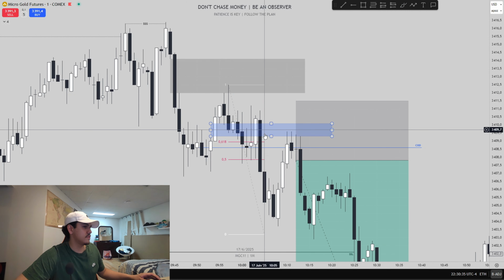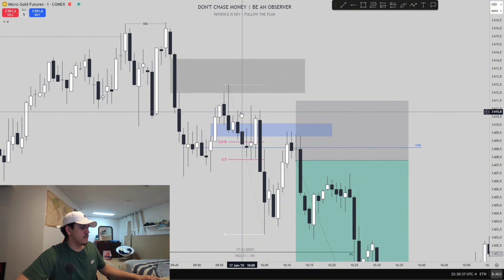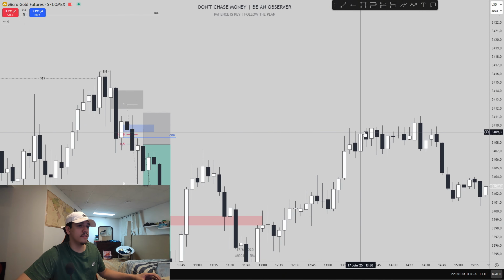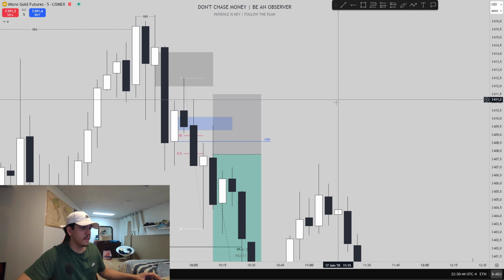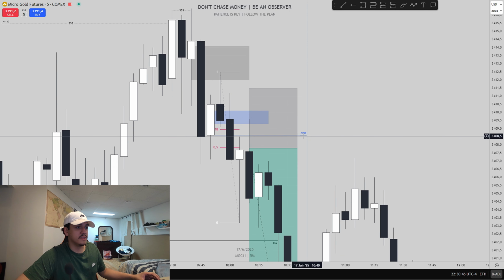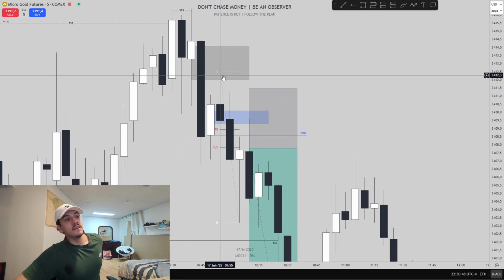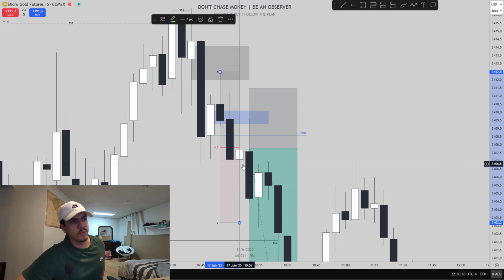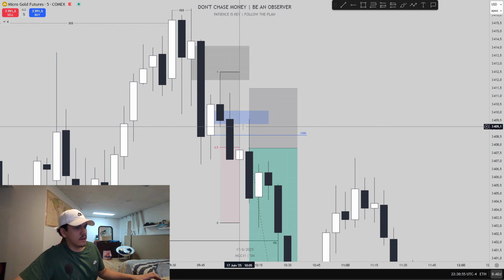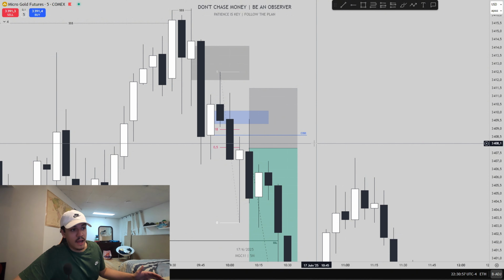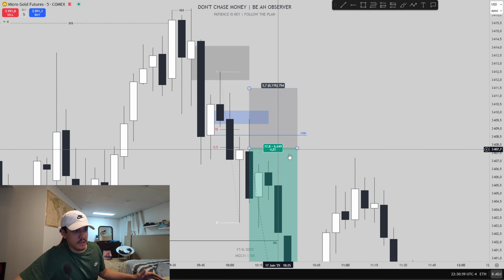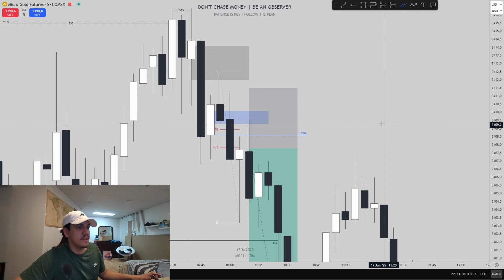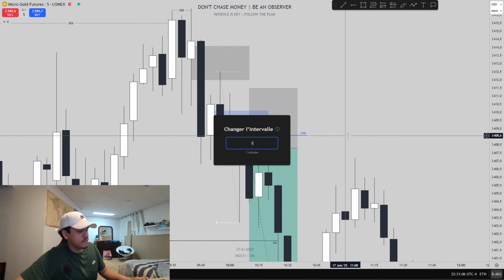But in that choppiness, or before that, I saw on the 5-minute time frame a change in the state of delivery. As you can see right there, the blue line, I saw a change in the state in a golden fib. It's a golden Fibonacci, or equilibrium in the discount. So I saw a change in the state in that zone, and as you can see, the price retests that change in the state. So I go back to the 1-minute time frame.